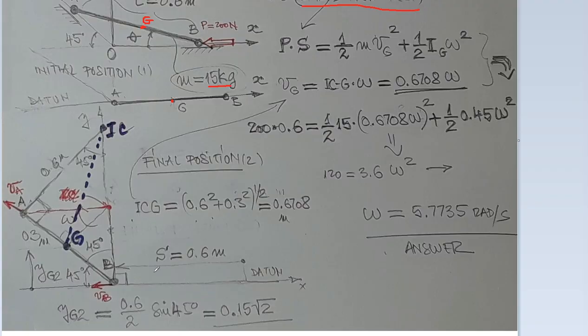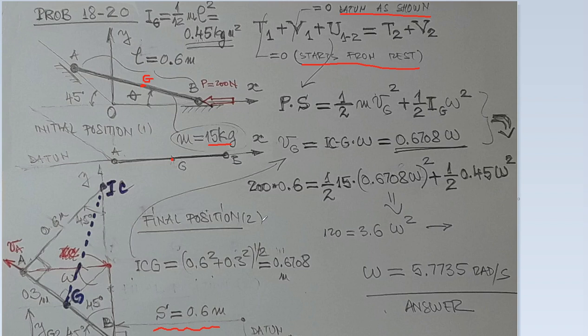So s, the displacement of the point of application of force P, is 0.6 meters. So U from 1 to 2 is P times s, where s is the length of the rod. Okay. To the right we have